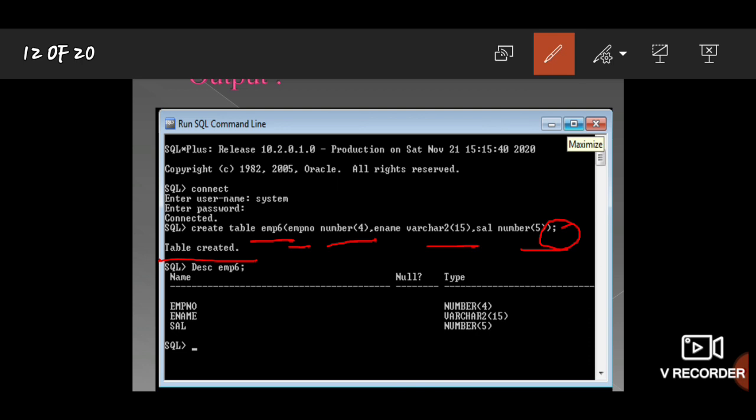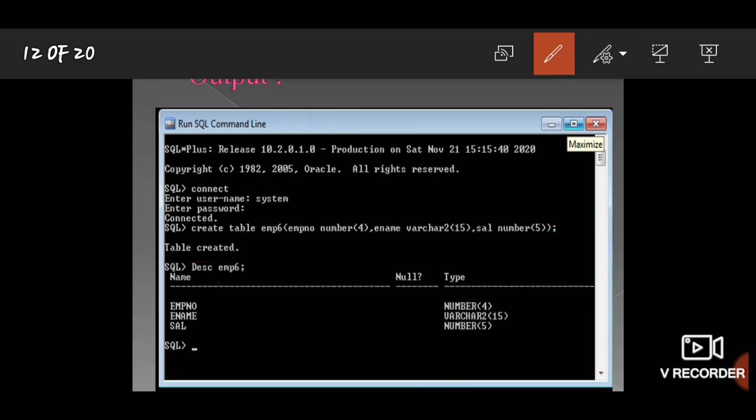After this, if you want to see the table you created, we need another syntax called DESC employee 6. To see our table, we use DESC. I gave employee 6 because I took my table name as employee 6.